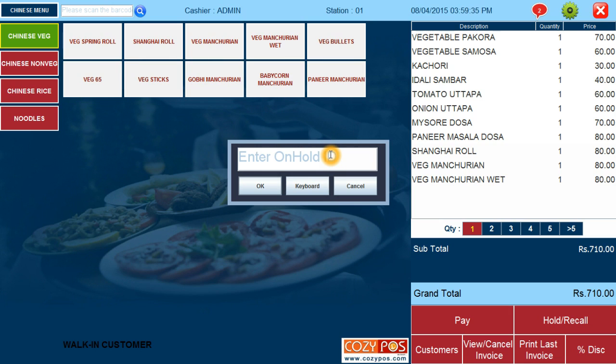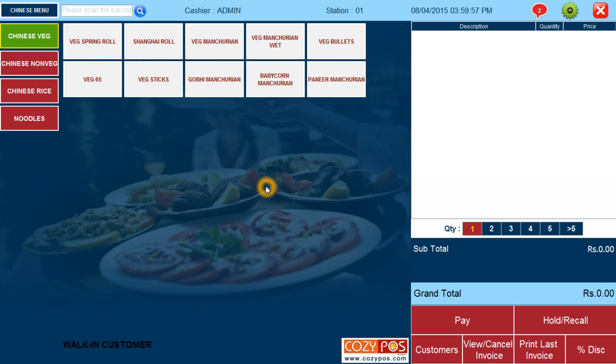We can give the hold ID as a sequence number or name or anything with which we can track the held transaction. For now we will enter the hold ID as 1001. Once we click on OK, you can find the order is on hold.